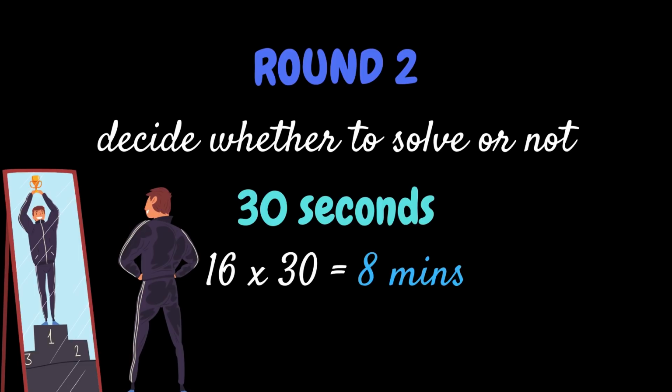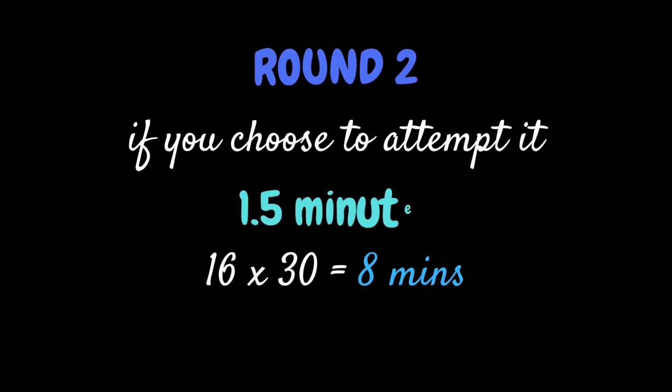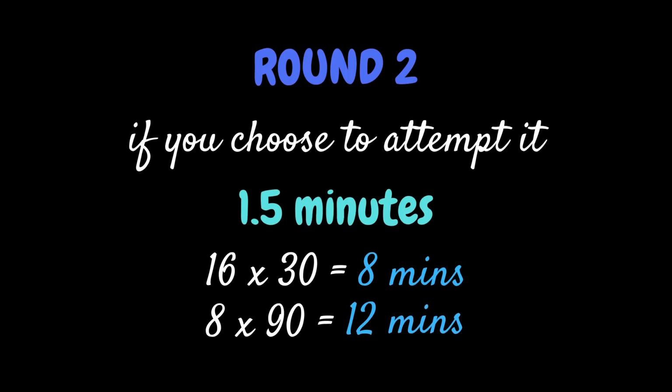Sometimes we spend too much time on a particular question, getting into that ego trap of why is it not getting solved. So if you set a time limit of 30 seconds per question, then you're not going to fall into this trap. After 30 seconds, if you feel like you can solve it or you're close to solving it, then you spend another 1.5 minutes solving the question and close it. Assuming that you're able to find 8 such questions out of those 16, you will be spending 8 into 1.5, another 12 minutes. So 8 minutes plus 12 minutes, total 20 minutes spent and 8 more questions solved.